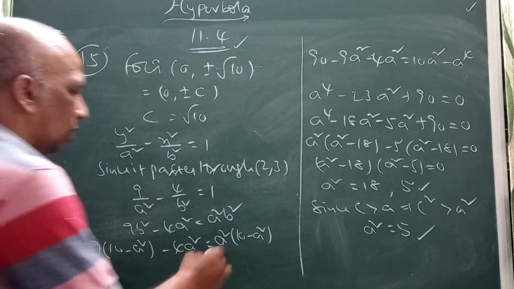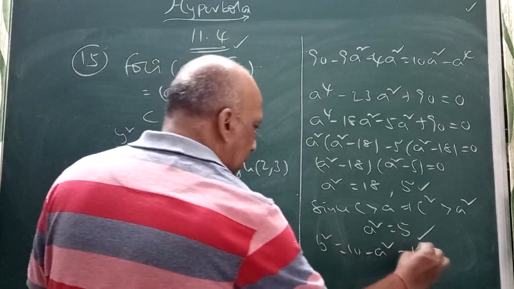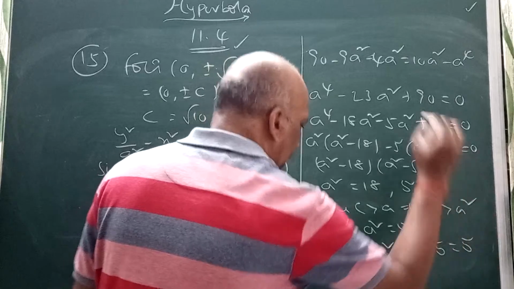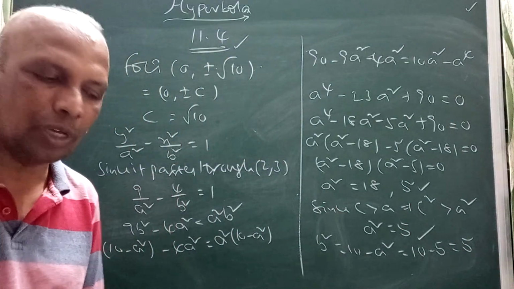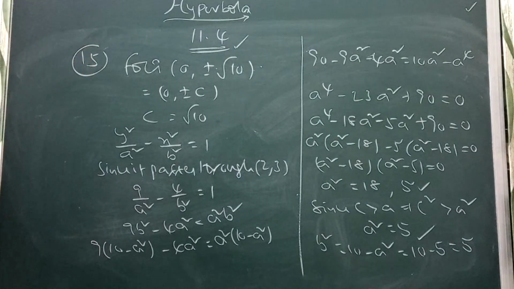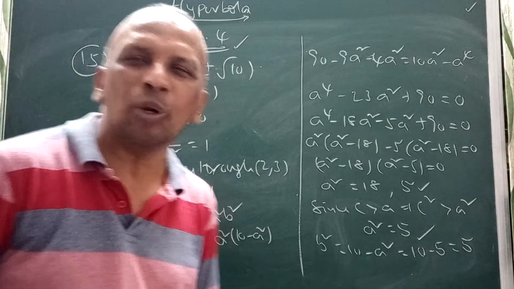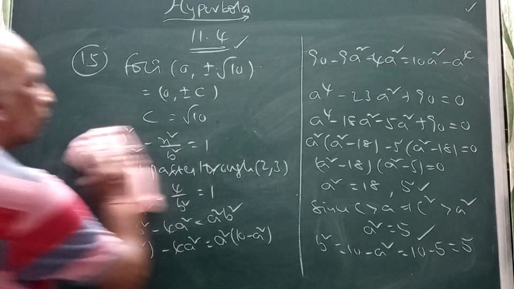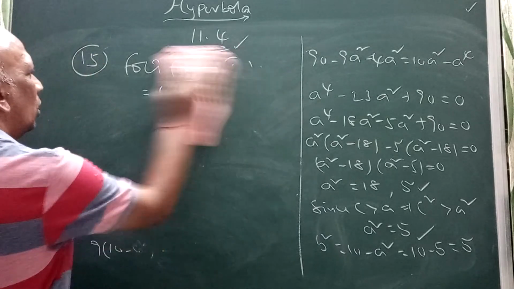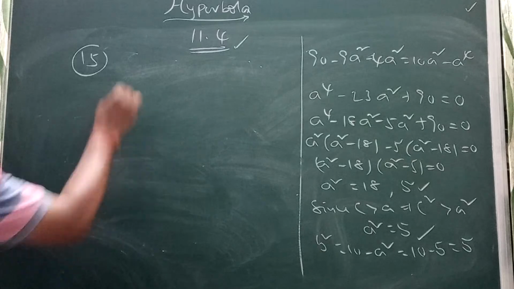Now we know the relation: b square is equal to 10 minus a square. So 10 minus 5, which is 5. A square is 5, b square is 5. Both are same. Therefore, after finding a square and b square, the equation of the hyperbola is, I can write, the equation of the hyperbola is,